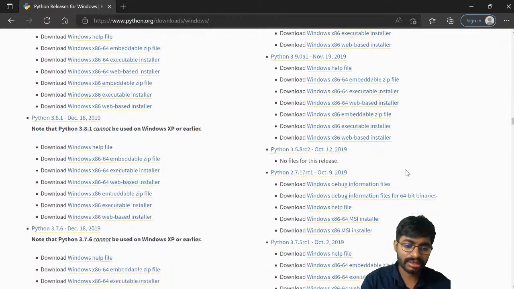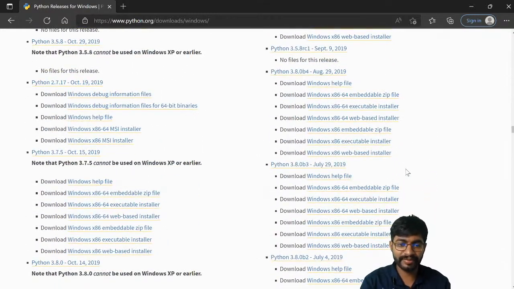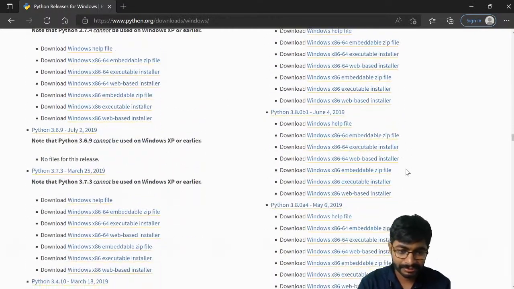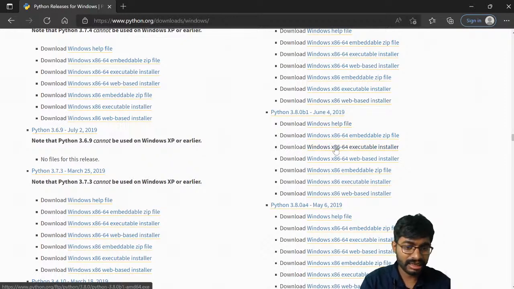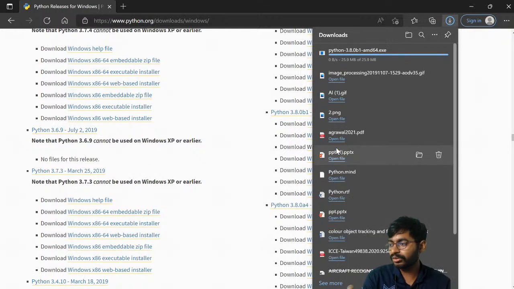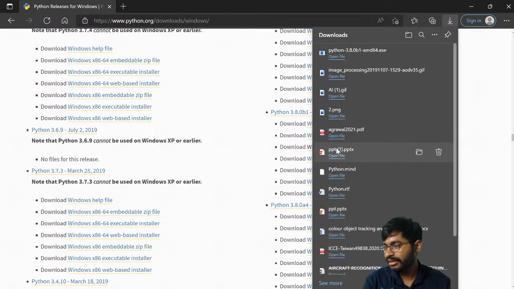Why? For downgraded versions all the support will be available, while for the latest version some support will be pending. That's the reason. So here go for 3.8, the 64-bit executable installer.